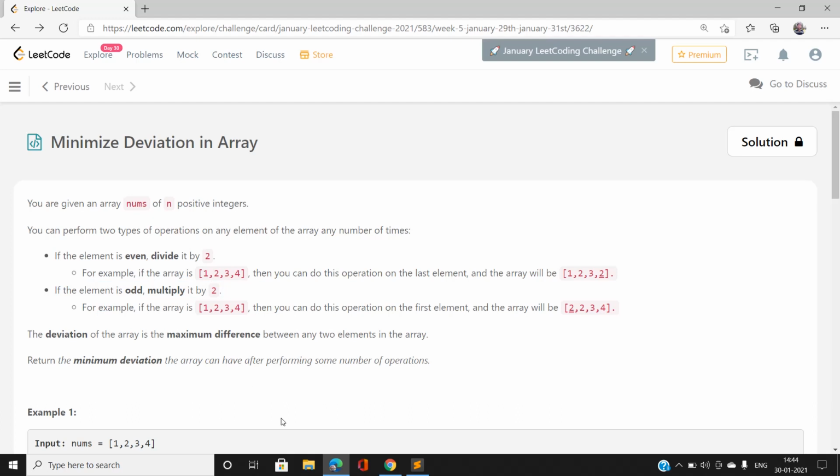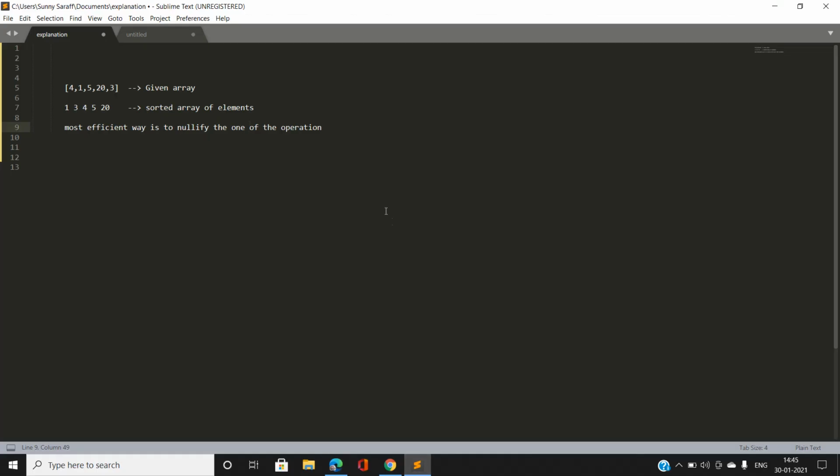So what I am going to do in this case is make all elements even, the best approach. So in this case, one of the operations is nullified.